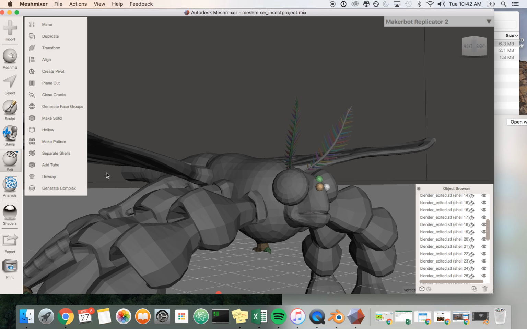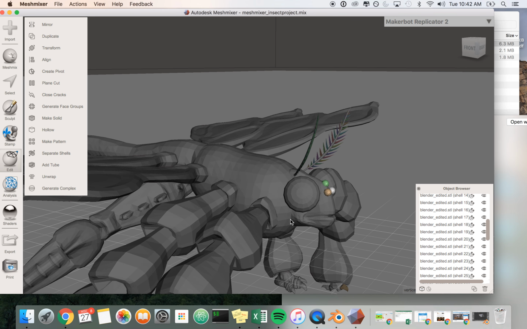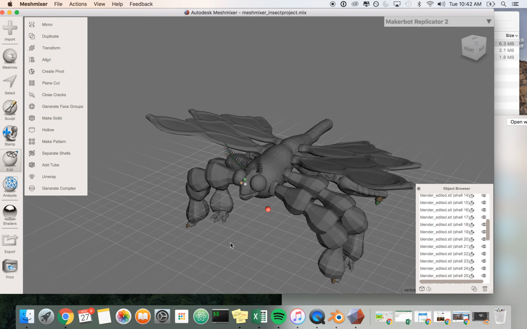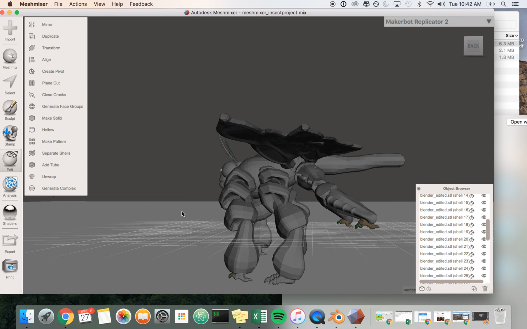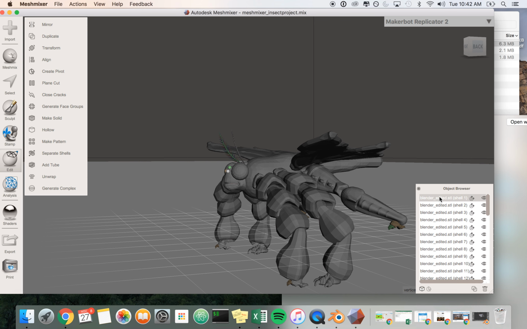Okay, that looks fine to me. Control S. And I think we've properly positioned everything now, which is good, at least to the best of our ability. Okay, so what we're going to do now is I'm going to click on the top